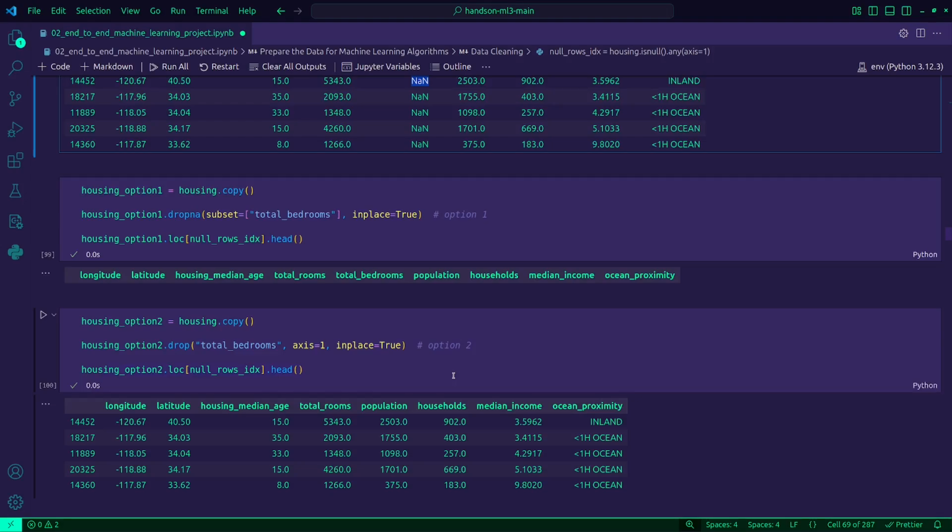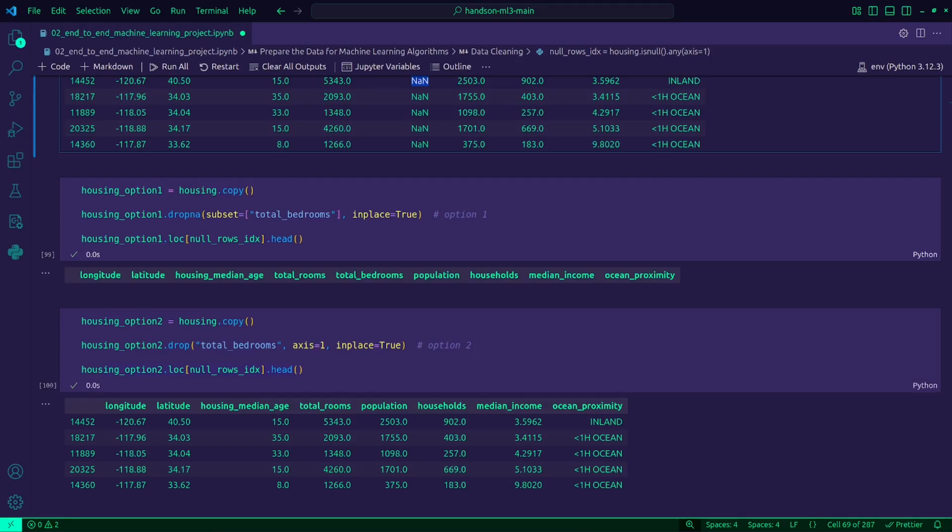But visually we saw that total bedrooms is probably not related to anything else. It's not useful for prediction. It's not strongly correlated with another one. But at the same time we potentially lose useful information. And if the column was actually helpful for our model, we can experience some performance drops.